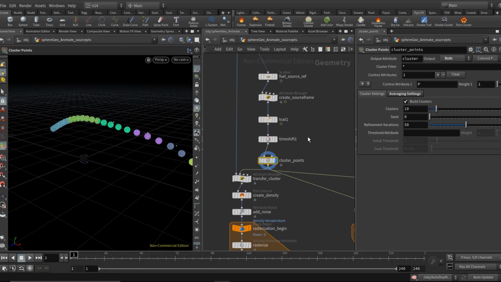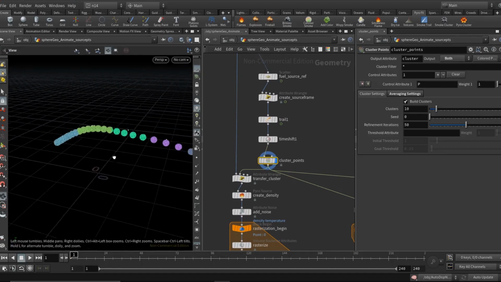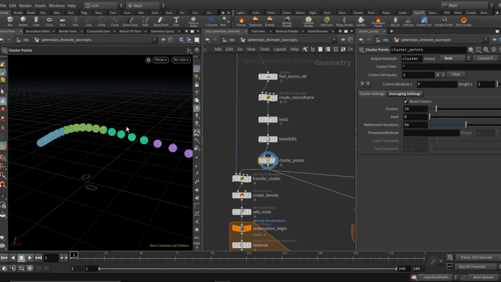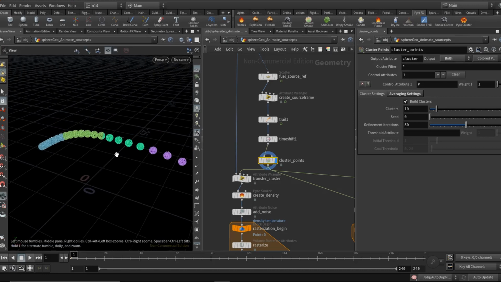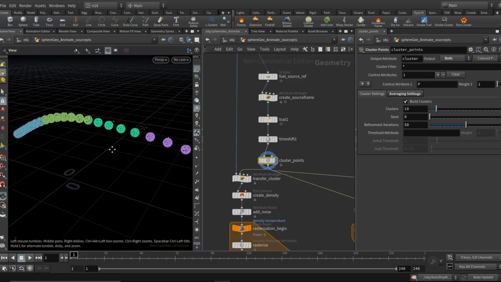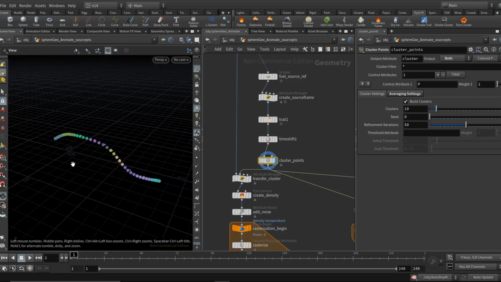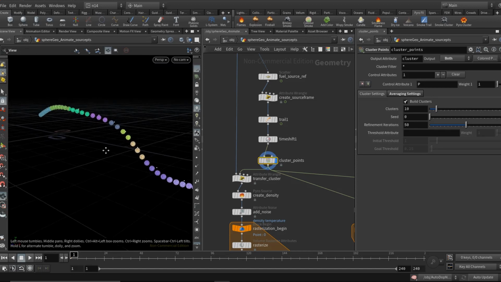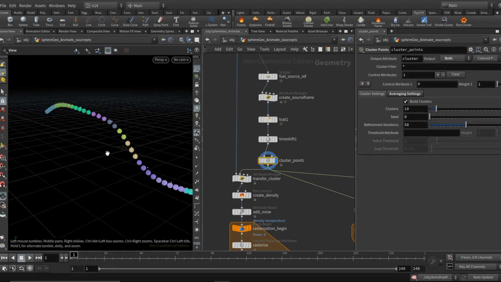So what exactly are we doing here? Well, basically for all of these cluster points, whenever the source sphere reaches near the points in the same cluster, then the average point of the cluster gets activated and a smoke object will be created at the location of that average point. So that would mean that we can have a large number of these smaller smoke objects, unlike in the previous case where a huge single container was created.